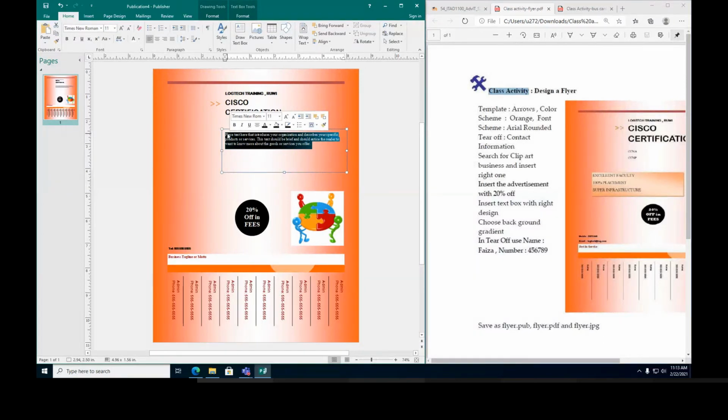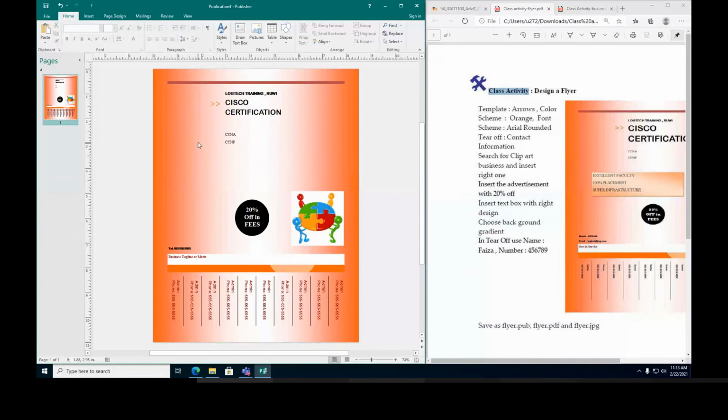You can put the same written here. C Y and A, C Y and P, for example. C Y and A, then C Y and P. Exactly the same thing written there. Okay, guys. Then you can insert a text box here